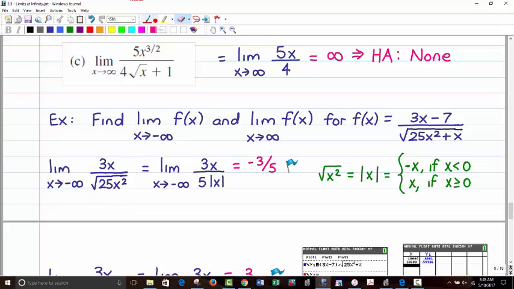Because technically, if you want to be formal about it, which we will here, the square root of x squared, by definition, is the absolute value of x. It's x if x is positive, but it's negative x if x is less than 0, because that way, if x is negative, the negative of a negative will make it positive. The final result's going to be positive, but how that makes a difference here